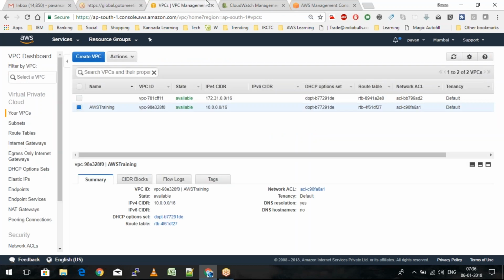Okay. In the meantime, just quickly reviewing what we learned through the VPC. We learned what a VPC is, a virtual private cloud. And then we learned what a public and a private subnet are, right? And then we learned what the different types of VPCs are.